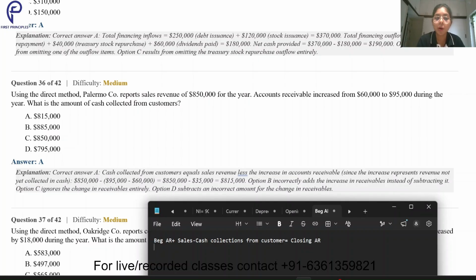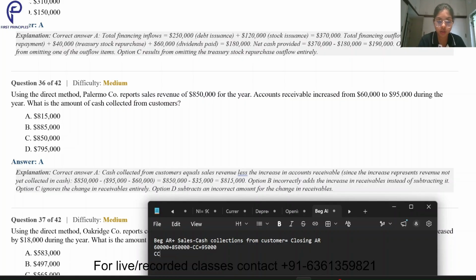Now, what is the beginning accounts receivable given in the question? Beginning accounts receivable is given as 60,000. To that I will add my sales. How much is my sales? 8,50,000. From that I will reduce my cash collections. Is cash collection given? No, not at all. We have to calculate that. And lastly we are getting 95,000 as my